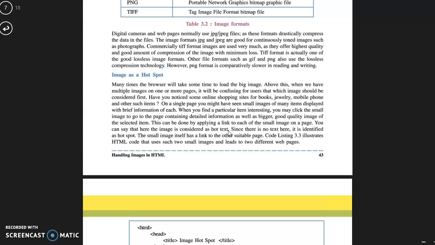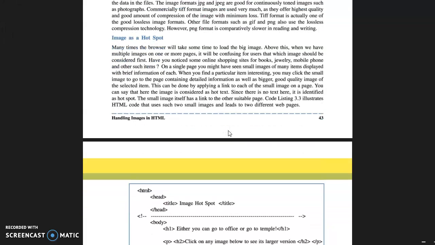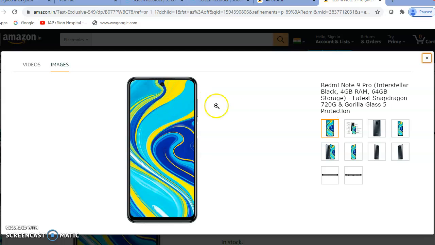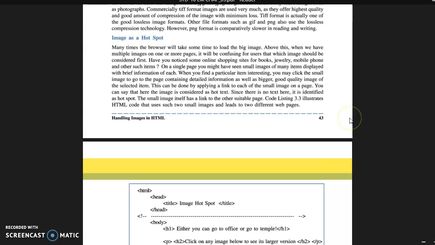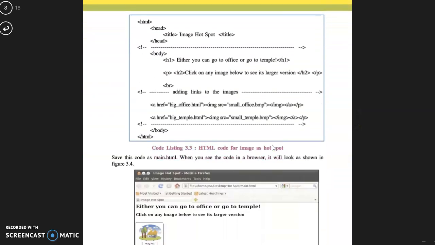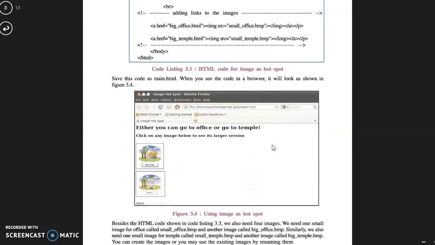Just wait, text will come. So you can see that here the image is considered as hot text because we click on an image and then the information regarding it will open here. If you remember hypertext, when we click on that text, the information regarding that page will open.